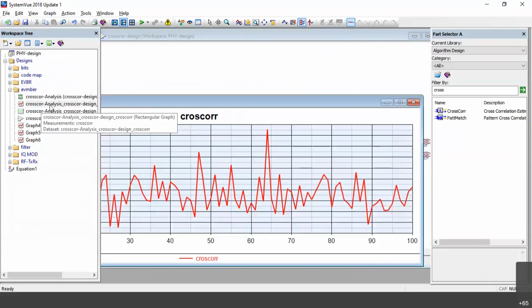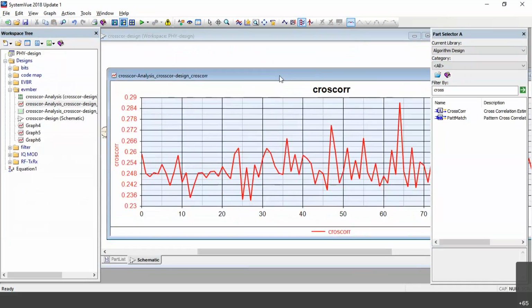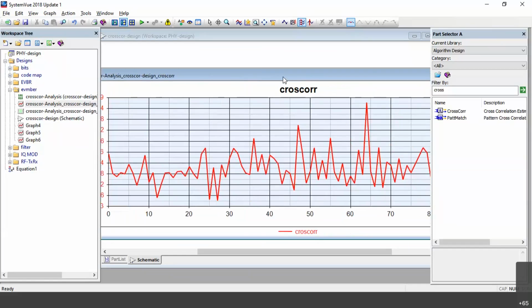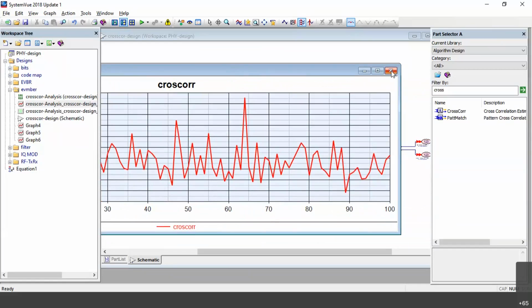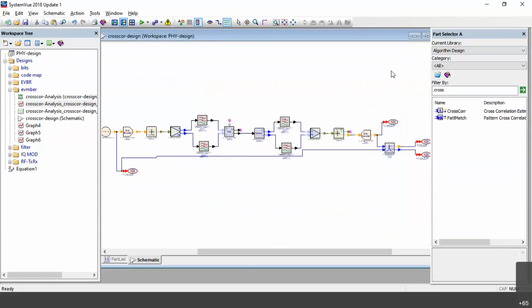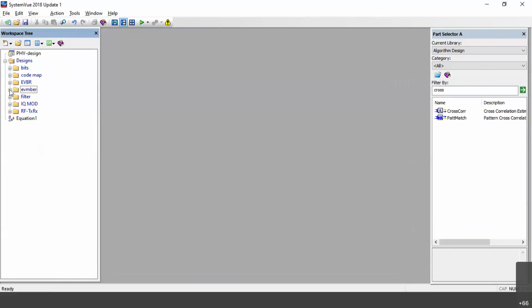So this is the signal of cross correlation. I just added one cross correlation. You can analyze this later. The design is already done right now, so you can analyze it later. Right. This is how exactly the cross correlation can be done. Now I'll go on to error vector magnitude. Right. I'll close this part. What part is left?